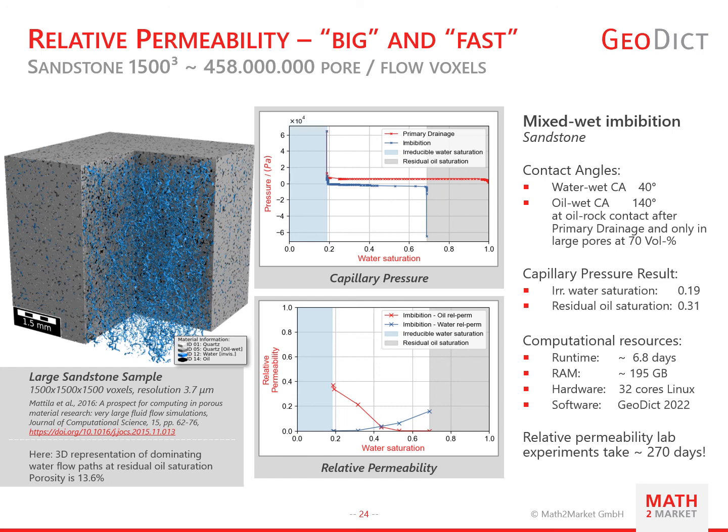By computing spontaneous imbibition and the subsequent forced imbibition, we can digitally extract more oil from a mixed wet digital rock. Here the computation with our extended pore morphology method results in an oil residual of 31%. Based on the resulting set of fluid distributions, we can also compute the relative permeability curve, as plotted at the bottom, where we use the Krylov method to speed up the computation. The entire computation required a runtime of less than 7 days, and less than 200 GB of working memory in case of our high performance settings used in a 32-core Linux environment.